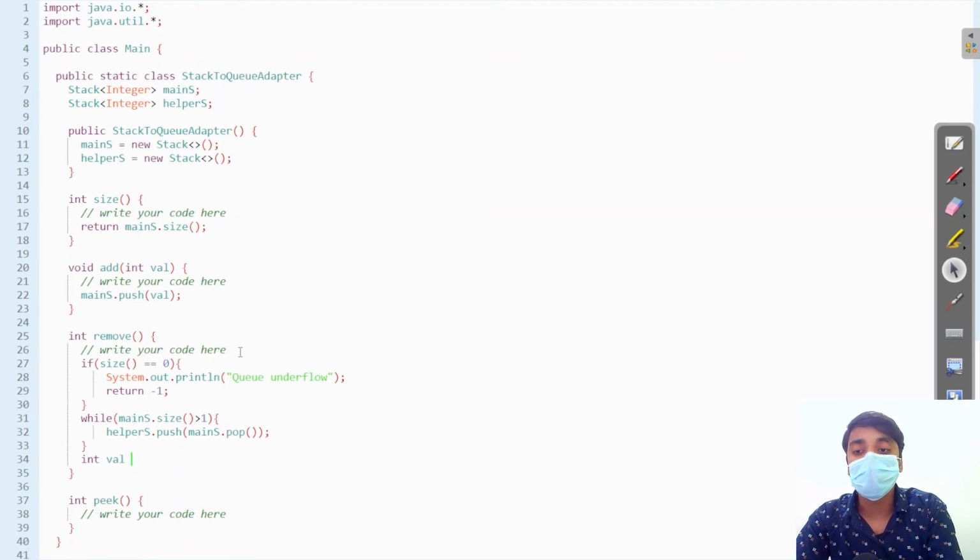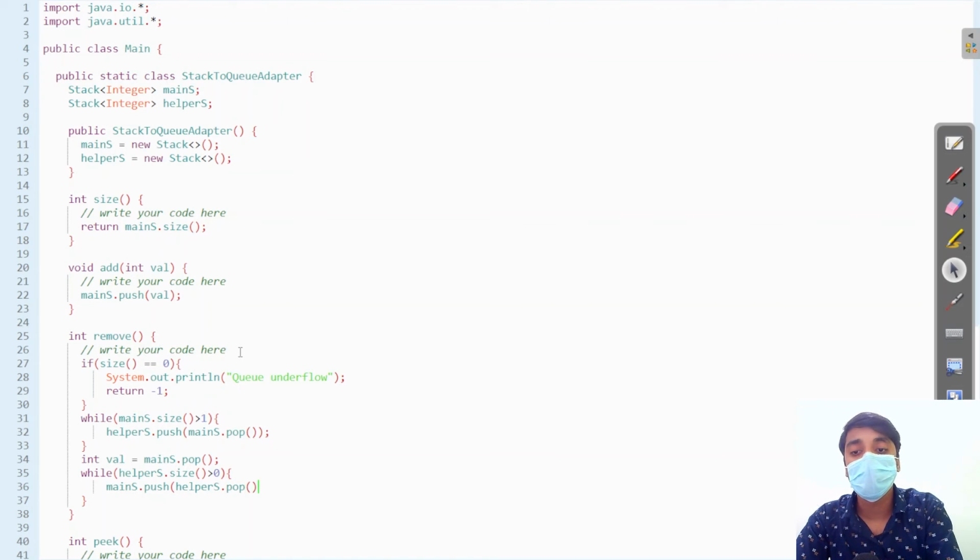So let's save that value, main_s.pop. So we have our popped value in val. Now again push all the data from the helper stack. Main_s.push the popped values of helper. Now return the removed value.